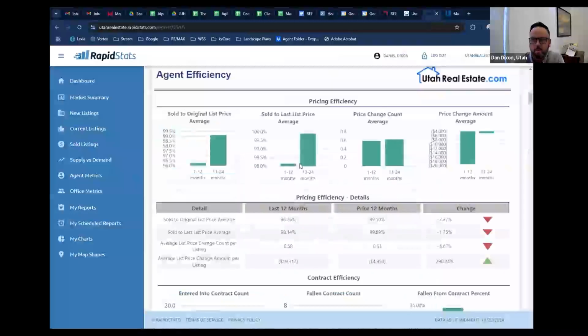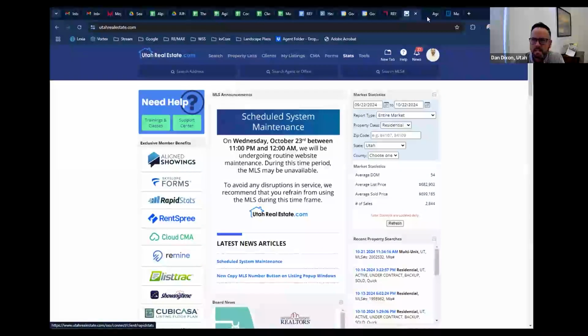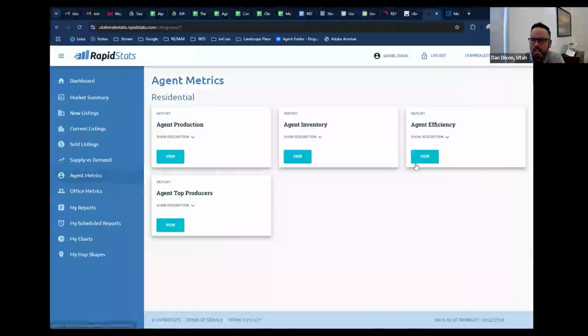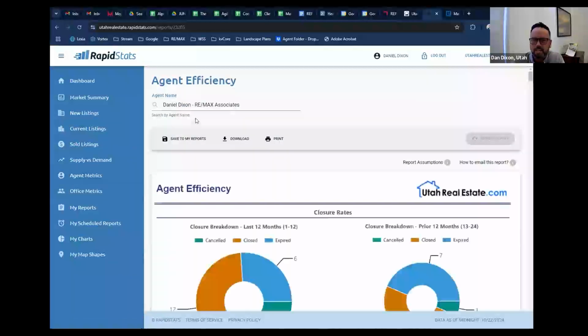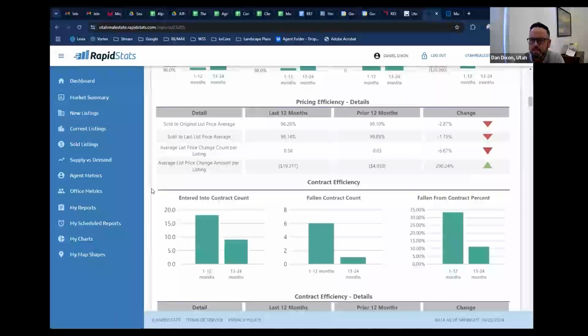Now what about me? What do I do? For my specific numbers, you can go to Rapid Stats on utahrealestate.com, then go to Stats, Rapid Stats, and that takes you over here. On the left-hand side, you can go to Agent Metrics, then Agent Efficiency, and this is how Dan Dixon does, right? And you can see some of those stats that I want to compare